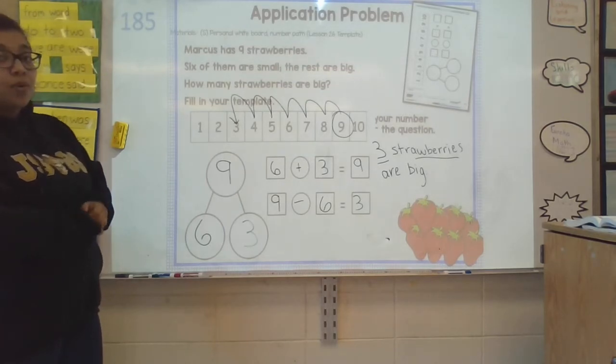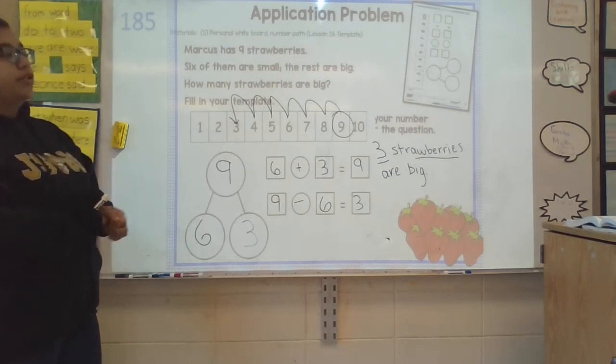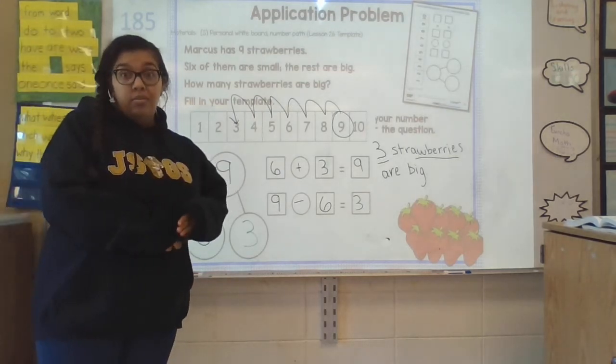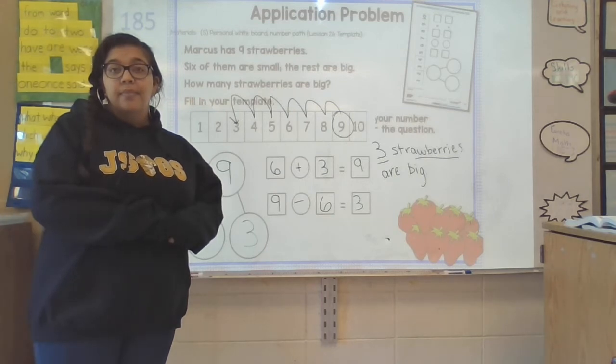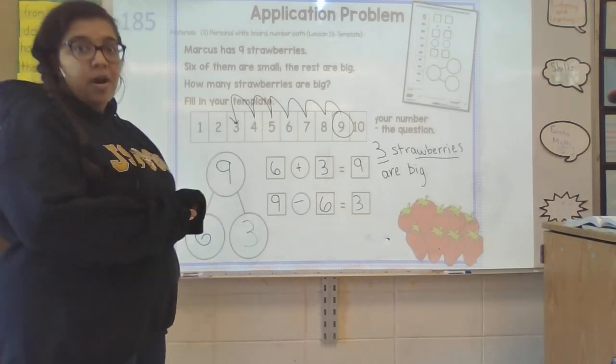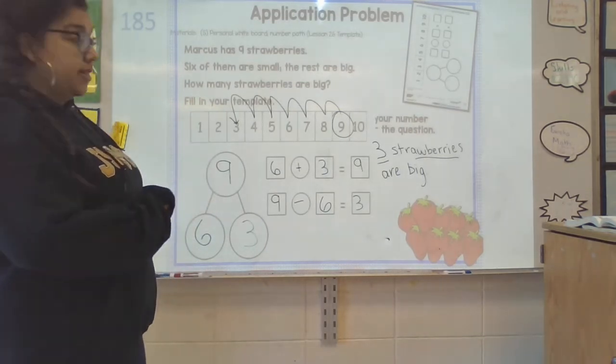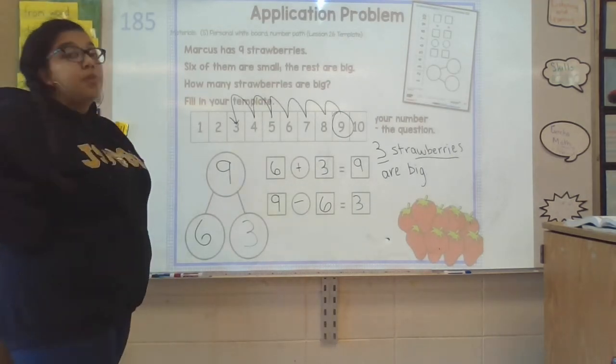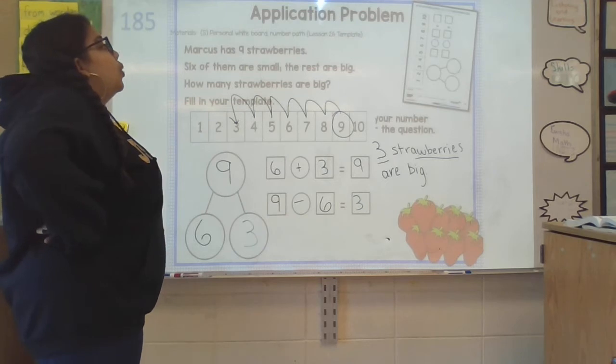The minimum of words you need is 3 strawberries. You need a number and you need an object. A word problem without a word answer is wrong. Every time. A word problem, no word answer, something is wrong, something is missing. So 3 strawberries. Alright. So you notice in this problem and how we did it, we took a lot of